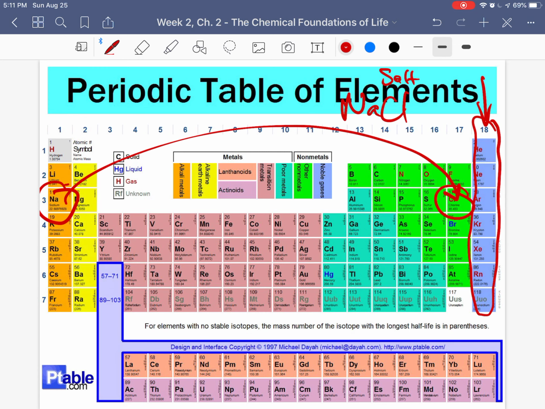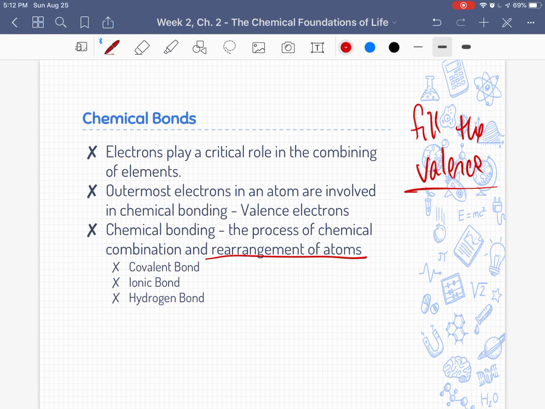So elements in their elemental form can behave differently when bonded to other elements. All right. Chlorine in its elemental form is a poisonous gas, but when bonded to sodium, it becomes salt. So chemical bonds change the reactivity of those atoms and give you molecules that can have different properties and different actions than what each element in the molecule does on its own. So 3 types of bonds we're going to talk about are covalent bonds, ionic bonds, and hydrogen bonds.